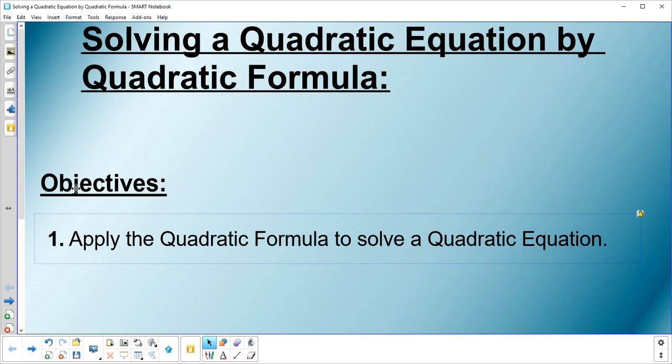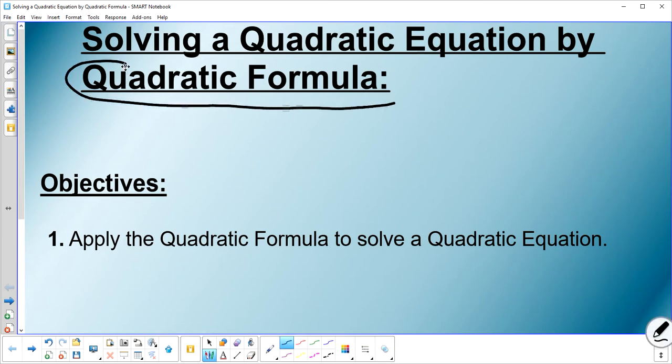Alright, so Common Core Algebra 1, here we are with solving a quadratic equation. Now we're going to be using something called the quadratic formula. So we've done factoring before with the zero product property. Now we're going to apply the quadratic formula to solve a quadratic equation, which, one more time, reminding you, quadratic